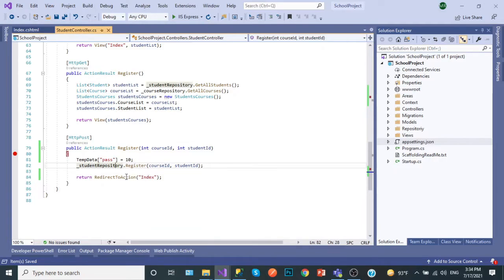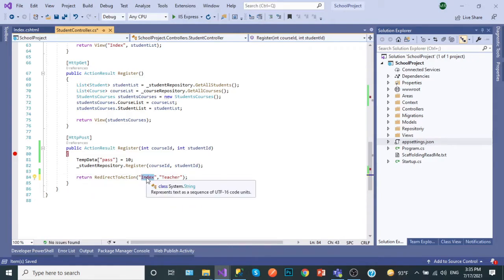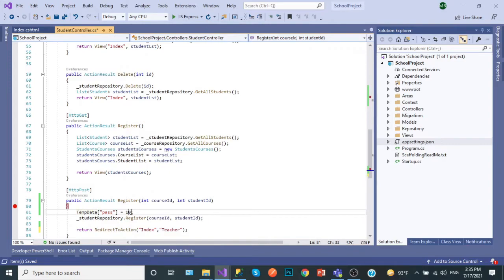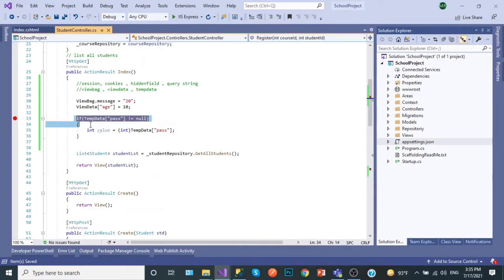Now I need to say that after doing the registration, I don't want to redirect to the index here. I want to go to another controller like the teacher. So in this way I will specify the action method name, then the controller name. So I will go now. We are saying that temp data is, let's say now 20, keep it 20 or 30, and let's take this code